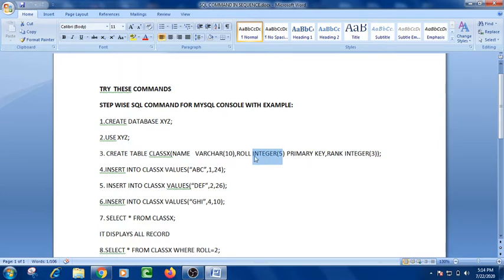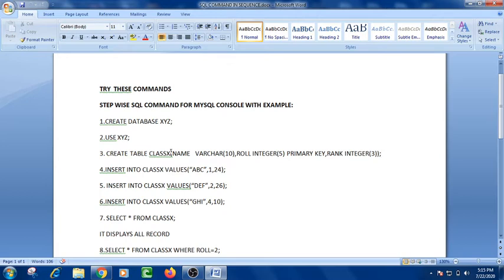It will not accept alphanumeric values. And at the same time I am going to make the roll field a primary key. So you can see how to define the primary key in the command. Simply you have to write primary key after giving a single space. And the third field is rank with the same data type integer, and its size is 3. All of you can see that I have entered 3. What does it mean? It is not going to accept more than 3 integral digits.